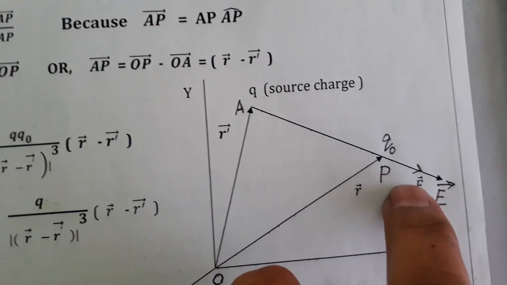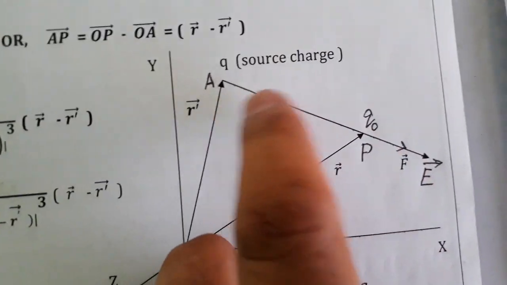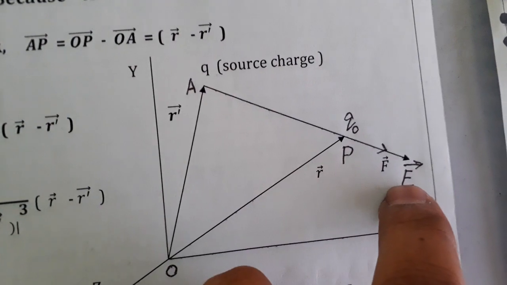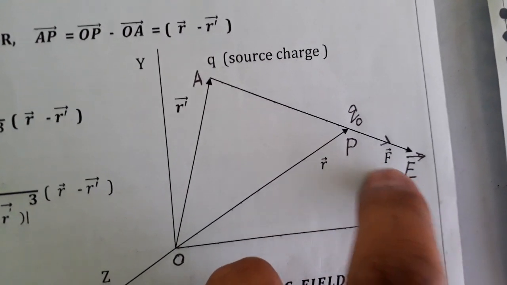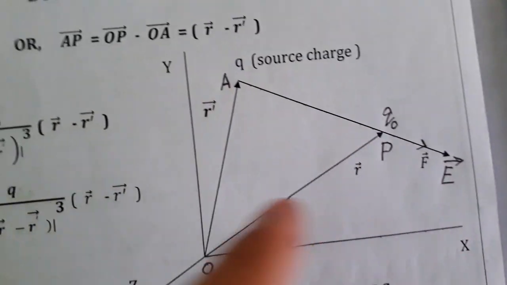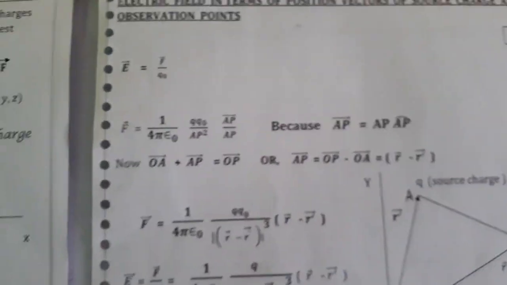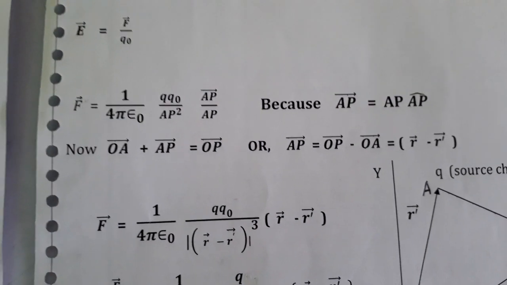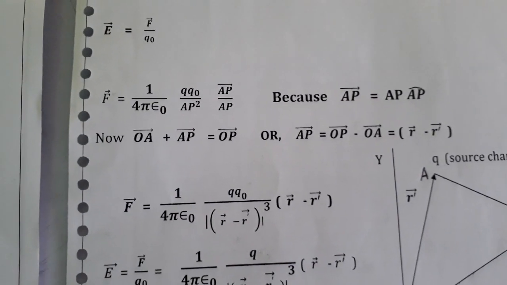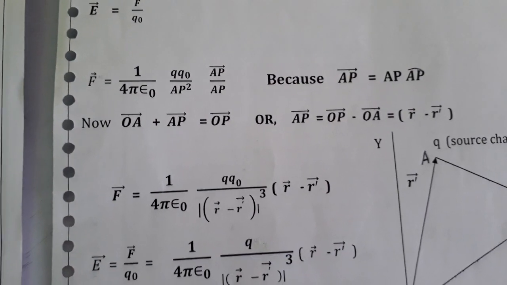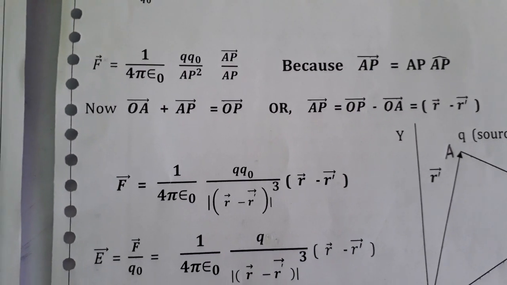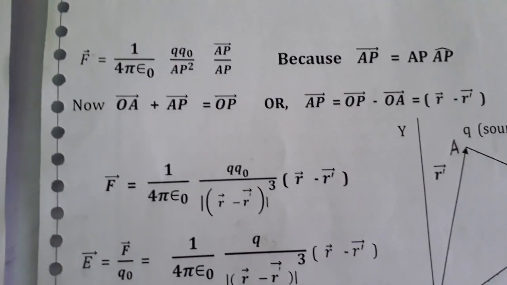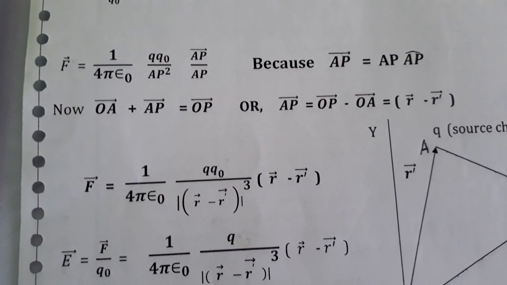F is the force exerted on Q naught by Q, and E is the electric field along the direction of F. Now go through this equation. You know that E equal to F by Q naught, and F is replaced. First of all we write the force in vector form, and I have written all the things you can see,